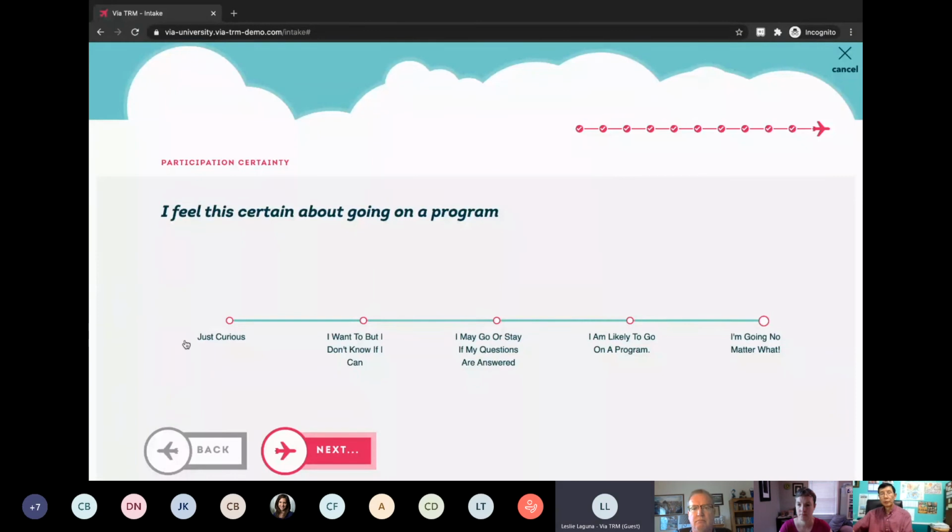One of the things that Via TRM kept in mind when they were building this product is, how can we best support and guide students that are super motivated, who know where they want to go, or know what they want to accomplish,